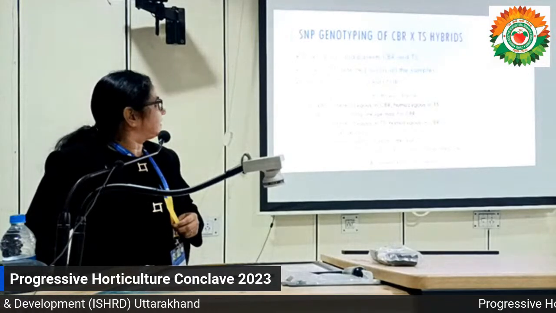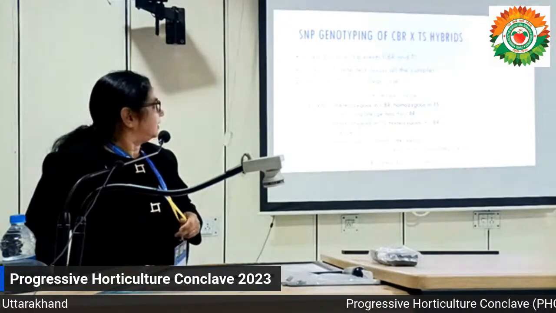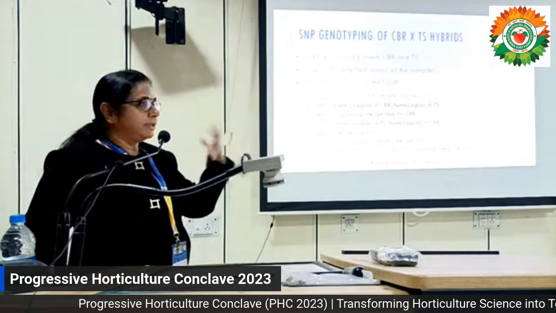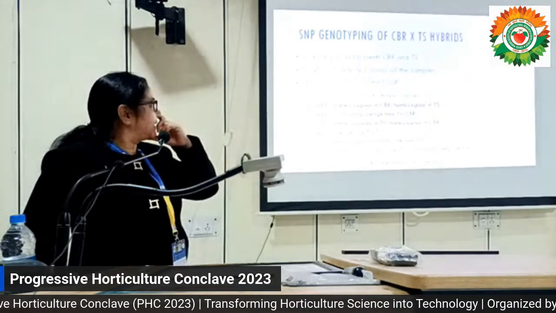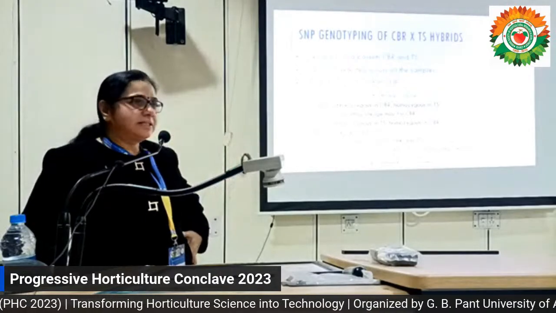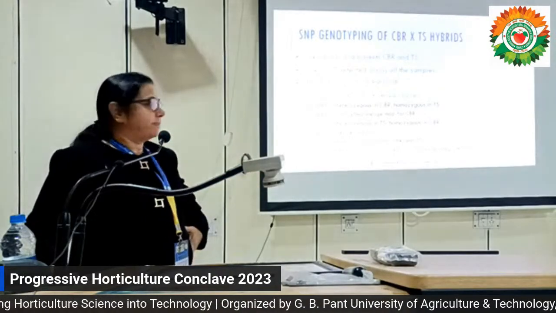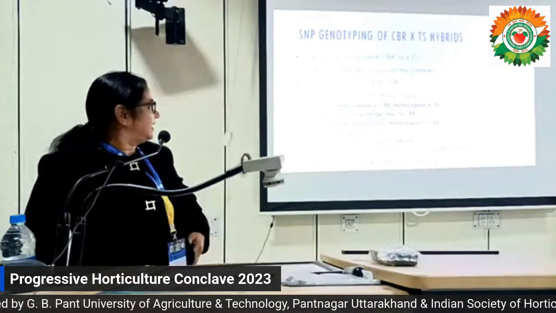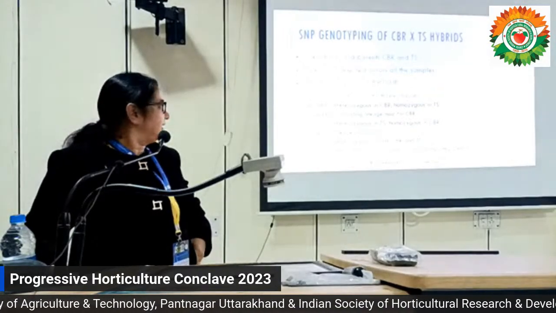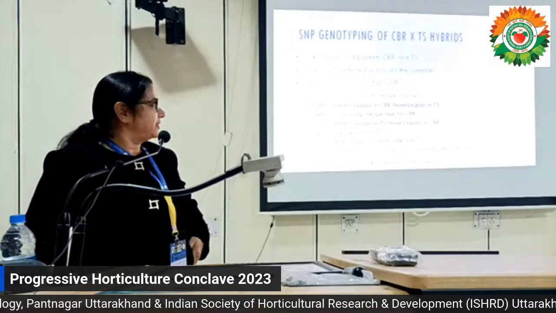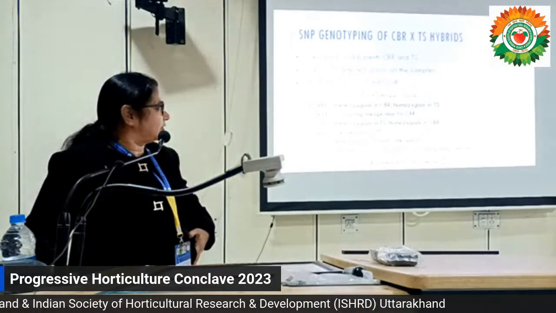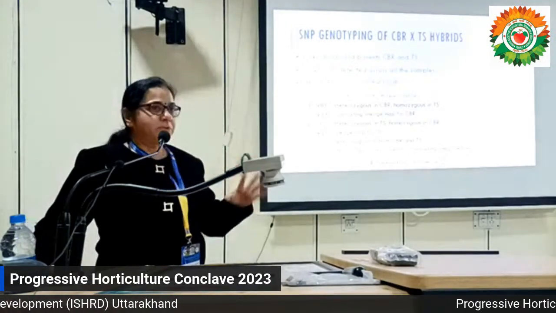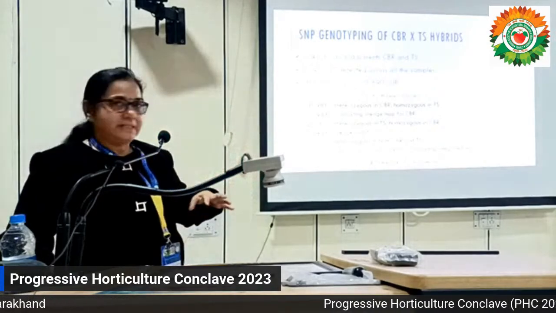So this is the basic data which we obtained from our GBS analysis. Because both the parents are heterozygous, we classified the SNP markers into three classes. One class was the SNPs which were heterozygous in CBR, and those SNPs were used for developing the linkage map of CBR. Another category of SNPs was heterozygous in CS, and that data was used for Thompson Seedless. And then other SNPs were heterozygous in both German Black Rose as well as CS. Those SNPs were used for development of the integrated map. So we developed three different maps from this data.